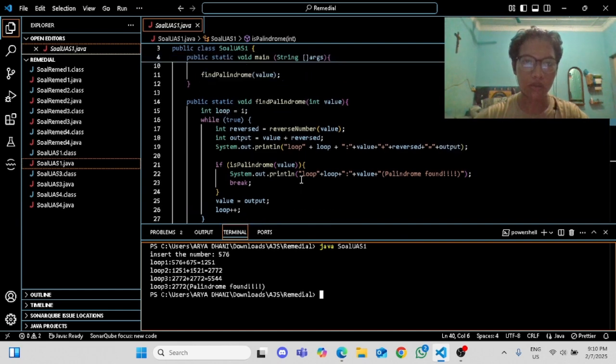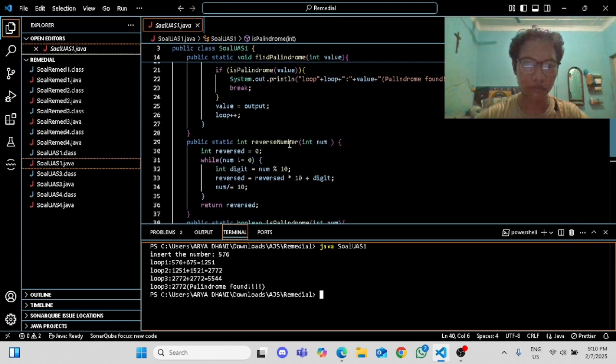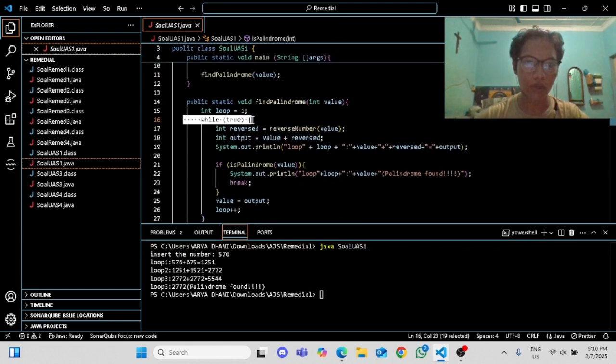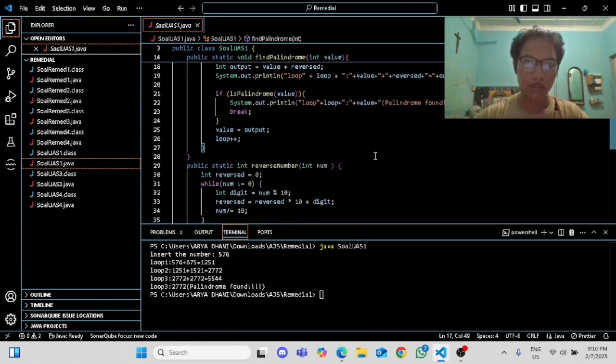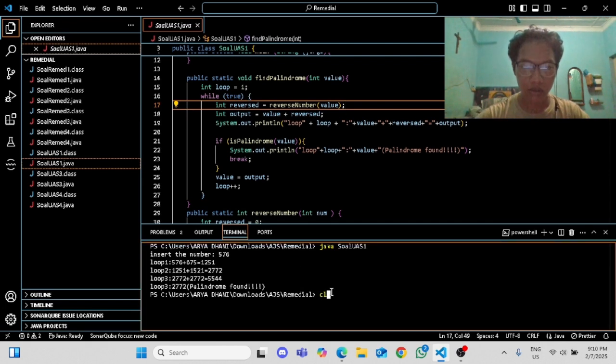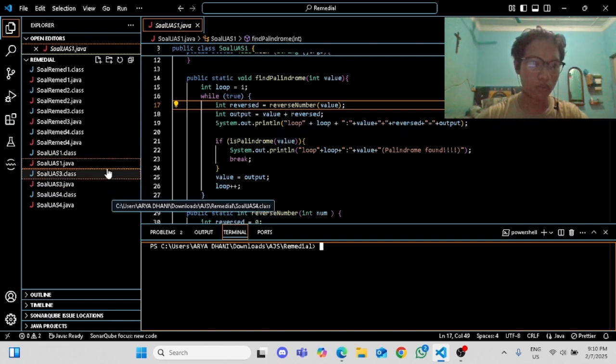So we use a loop, probably a for-each loop, or a while loop, to loop around the number until we find a number that's a palindrome. Okay, we go to